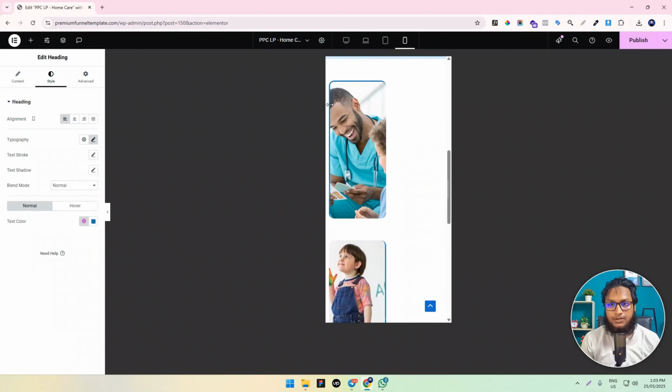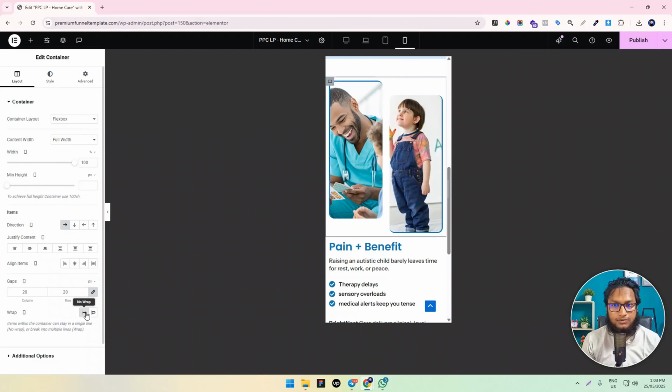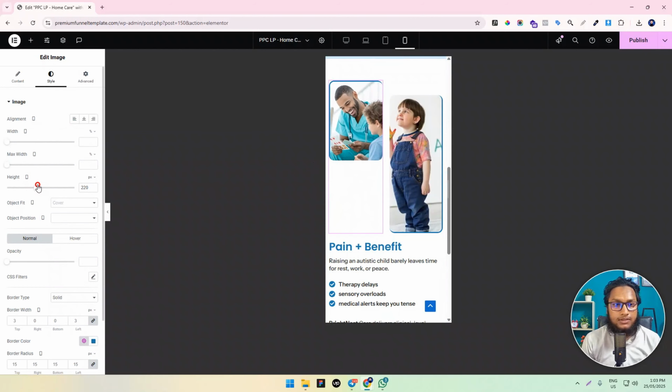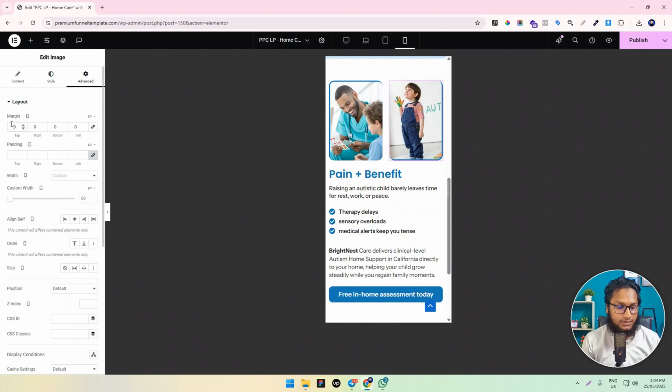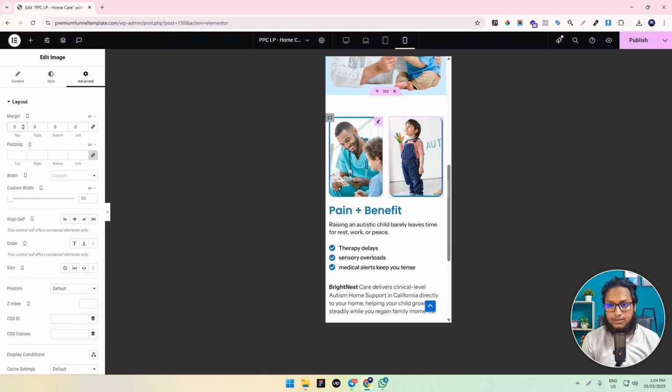Okay, now we need to make this image also wrapped in the section on mobile, and for this image it's too long on mobile, we can reduce the image height on 220, this image also, and reduce the top margin to 20 pixel, or if we want we can remove the margin on mobile, so it's like this. Okay,